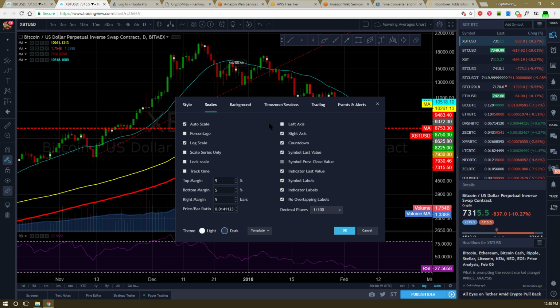Go to scales and then it'll say indicator last value, indicator level label, symbol labels.